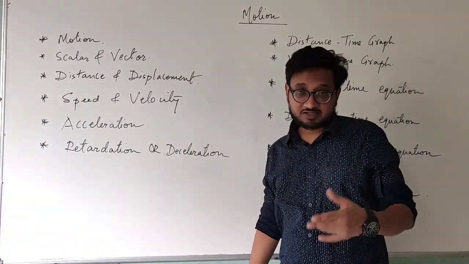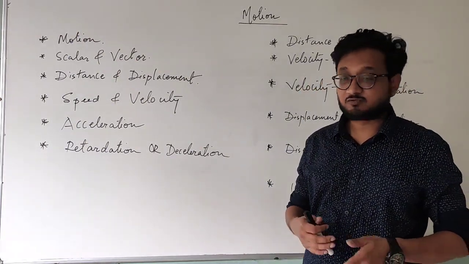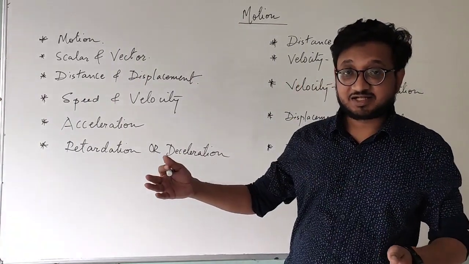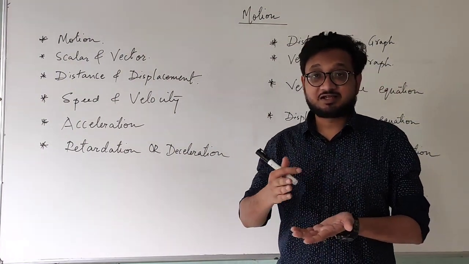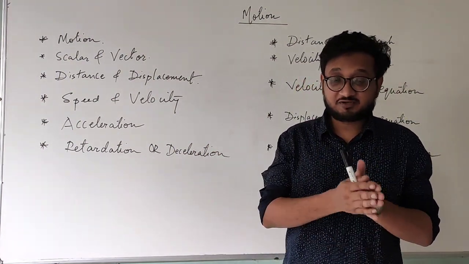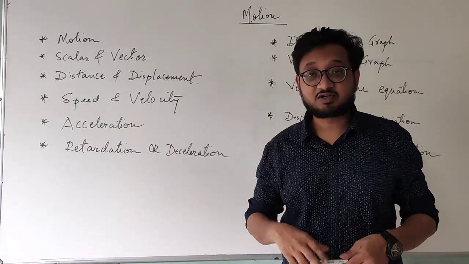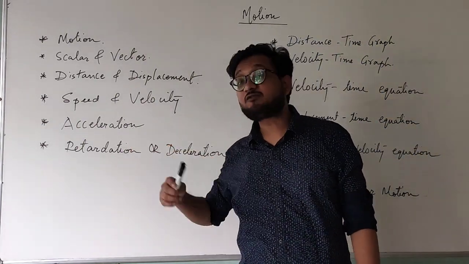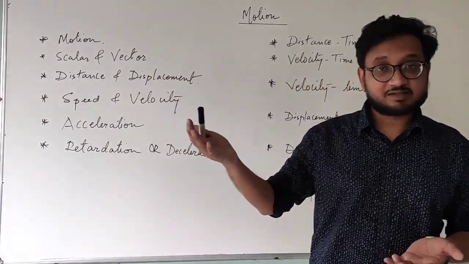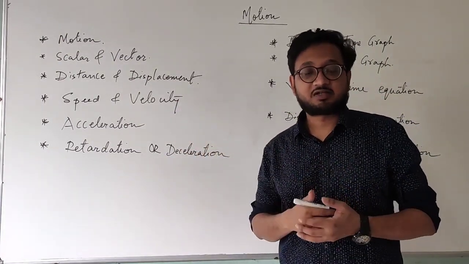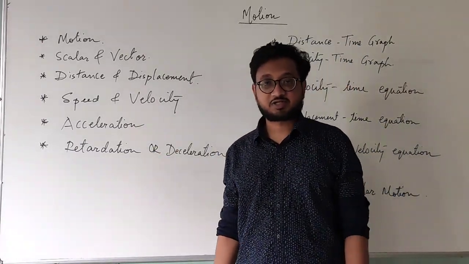Now we also studied its other counterparts, that is uniform acceleration and non-uniform acceleration. So if the velocity is increasing uniformly, then it is called uniform acceleration. That means the velocity is increasing with equal intervals. Suppose now it is 2, then 4, then 6, then 8, then 10. That means it is increasing in intervals of 2. Then it is called uniform acceleration. But if the velocity is increasing 2, then 4, then 10, then it is not in equal intervals. Then such acceleration is called non-uniform acceleration.